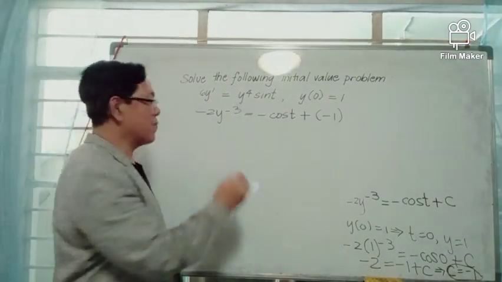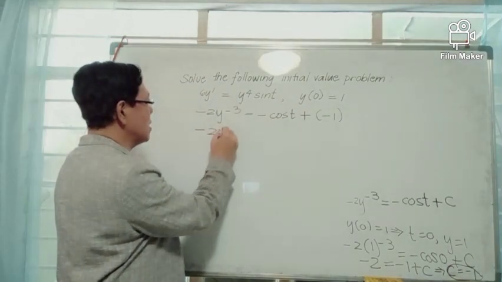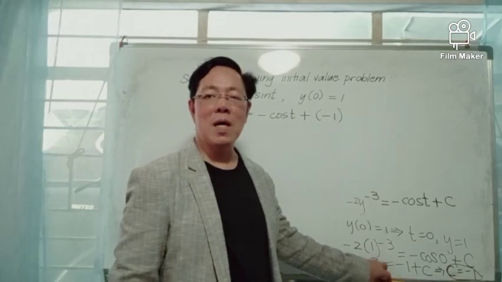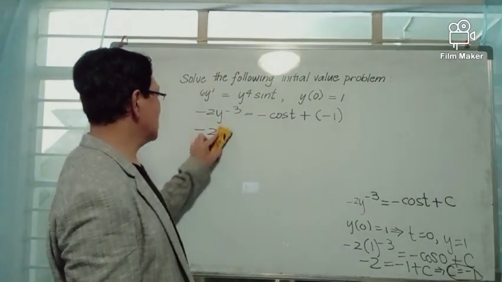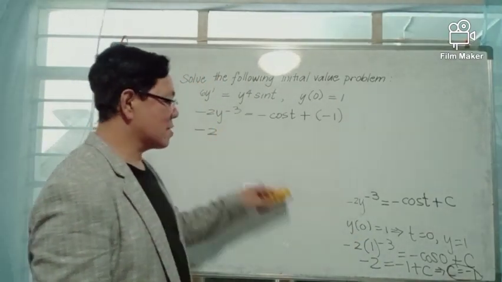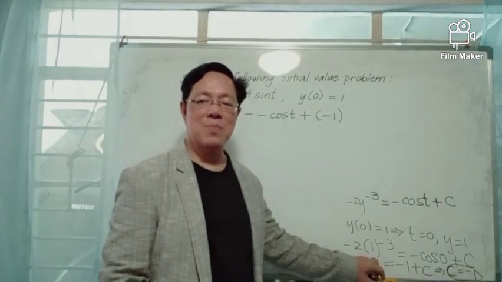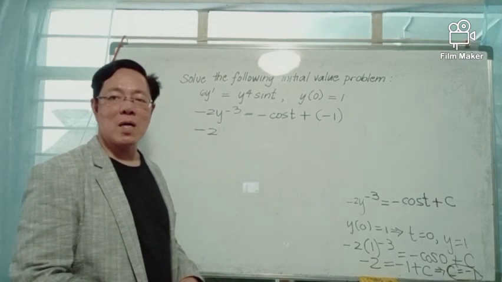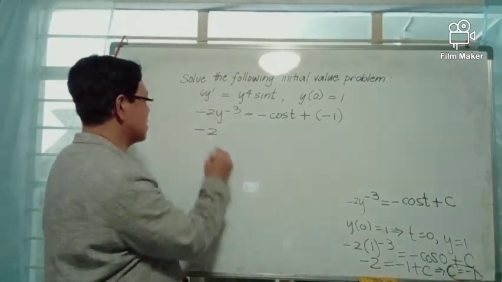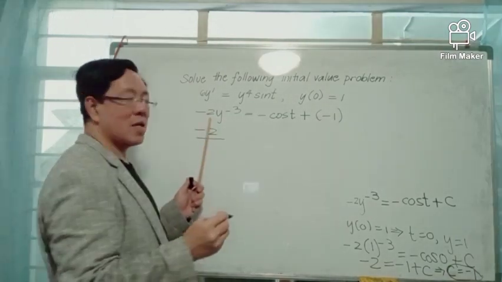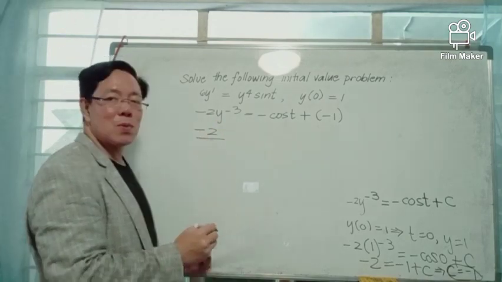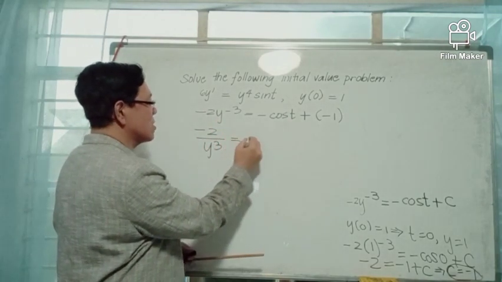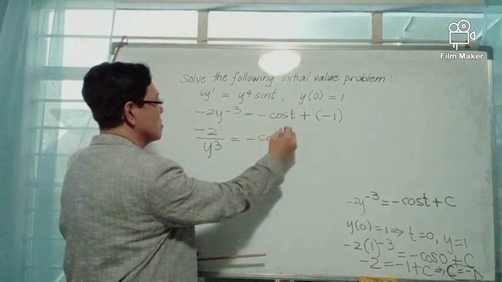I will remove the negative exponent from the left-hand side by using the property of exponents. Thus, y to the power negative 3 is 1 over y to the power 3. And the left-hand side simplifies to negative 2 over y to the power 3 equals negative cosine t